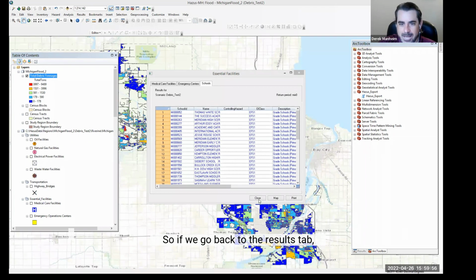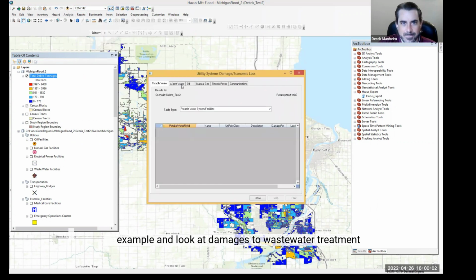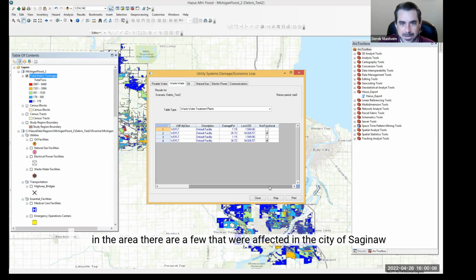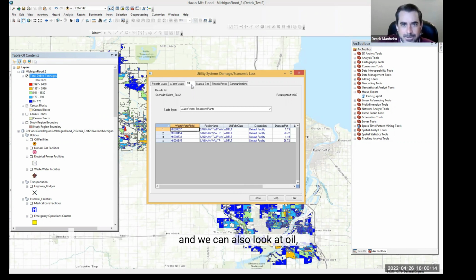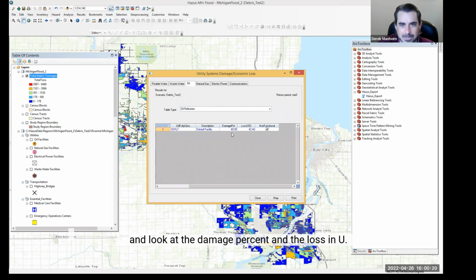So if we go back to the results tab, we can also look at utility systems, for example, and look at damages to wastewater treatment facilities. For example, in the area, there are a few that were affected in the city of Saginaw. And we can also look at oil and natural gas infrastructure. In this case, an oil refinery was affected, and we can look at the damage percent and the loss in US dollars.